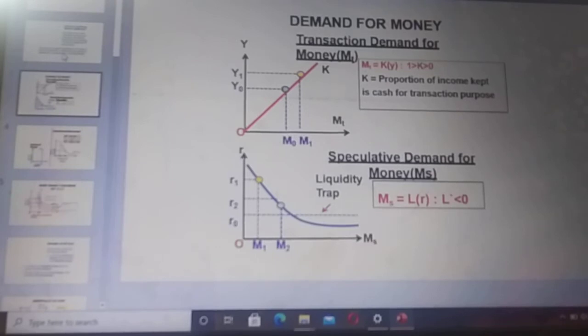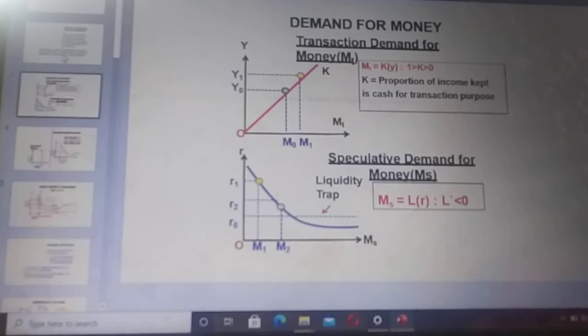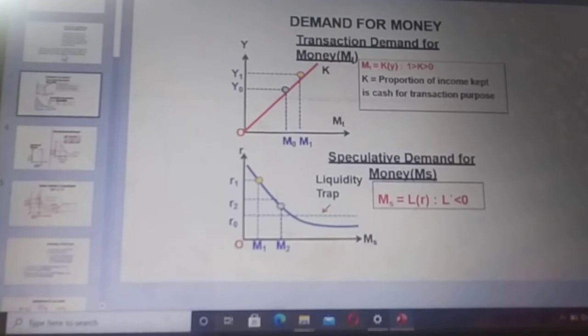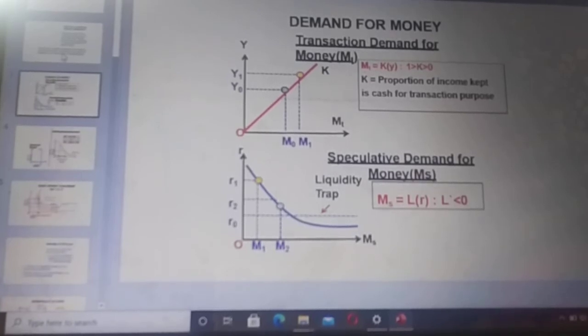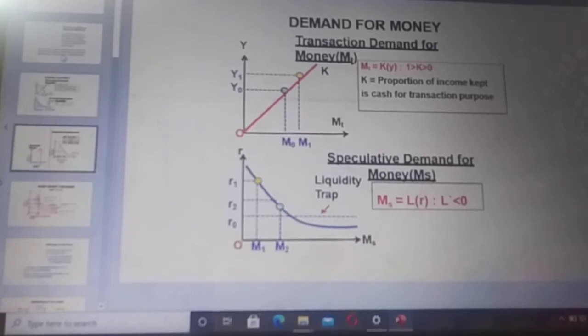And when the rate of interest decreases, people will start demanding more money in the market, because now they know that they have to pay a small amount of interest over the money that they are getting from the banks. So this will be a profitable deal for the people. With the decrease in the rate of interest, people will start demanding more money from the financial institutions. That is why this curve shifts downwards, because we have an inverse relationship between these two factors.